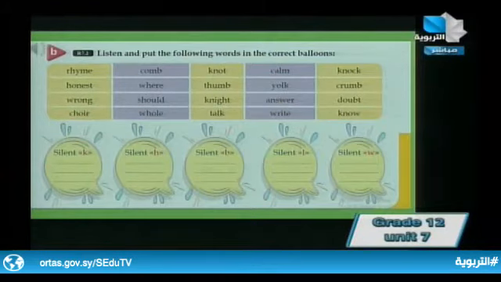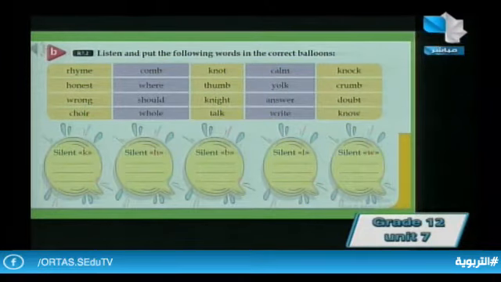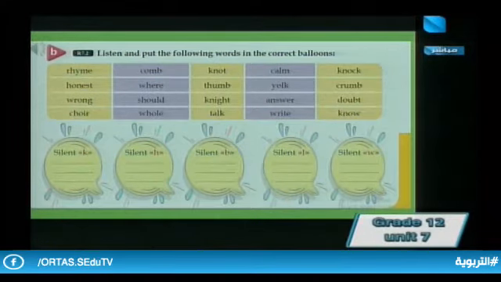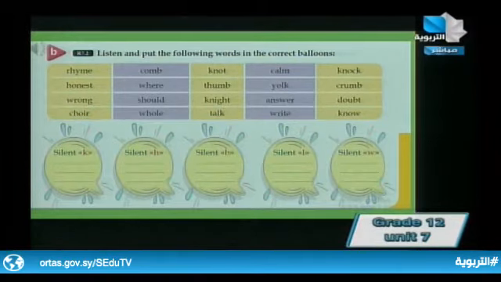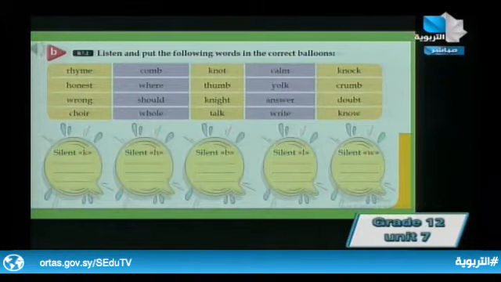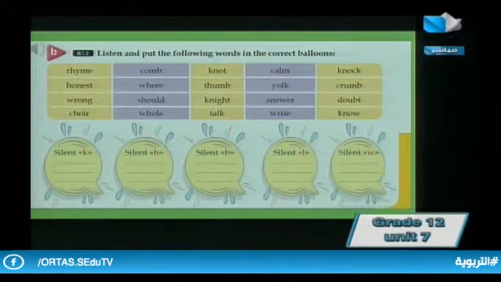Rhyme, comb, knot, calm, knock, honest, wear, thumb, yoke, crumb, wrong, should, night, answer, doubt, choir, whole, talk,